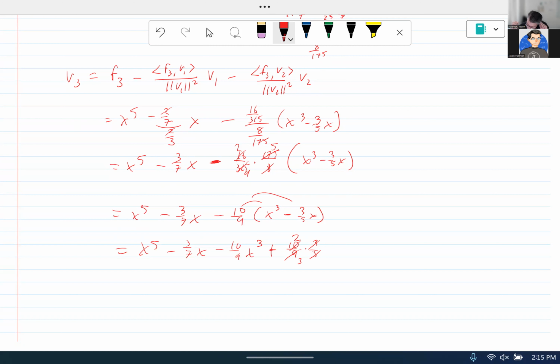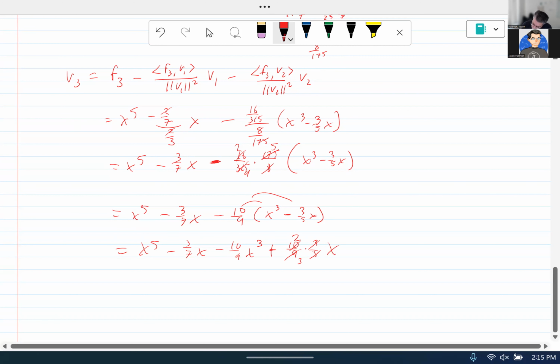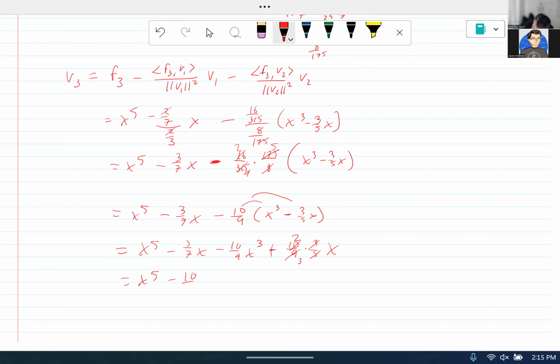Yeah. Okay, and then that's x, so that's just 2/3 x. And so this is going to be x to the 5th minus 10 ninths x cubed minus 3/7 x plus 2/3 x. What I really need to do is subtract